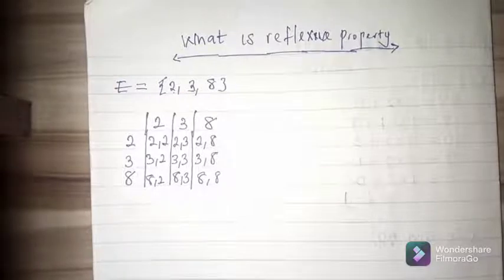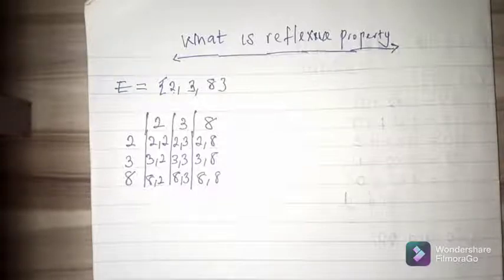Now, having known the relations that we can have on set E, we want to talk about the reflexive property. Do not forget that when we are talking about the reflexive property, we are talking about an aspect of abstract algebra. And for any set to be an equivalence, it must have three properties, which are reflexive, symmetry and transitivity. Now I'm going to talk about the reflexive property.